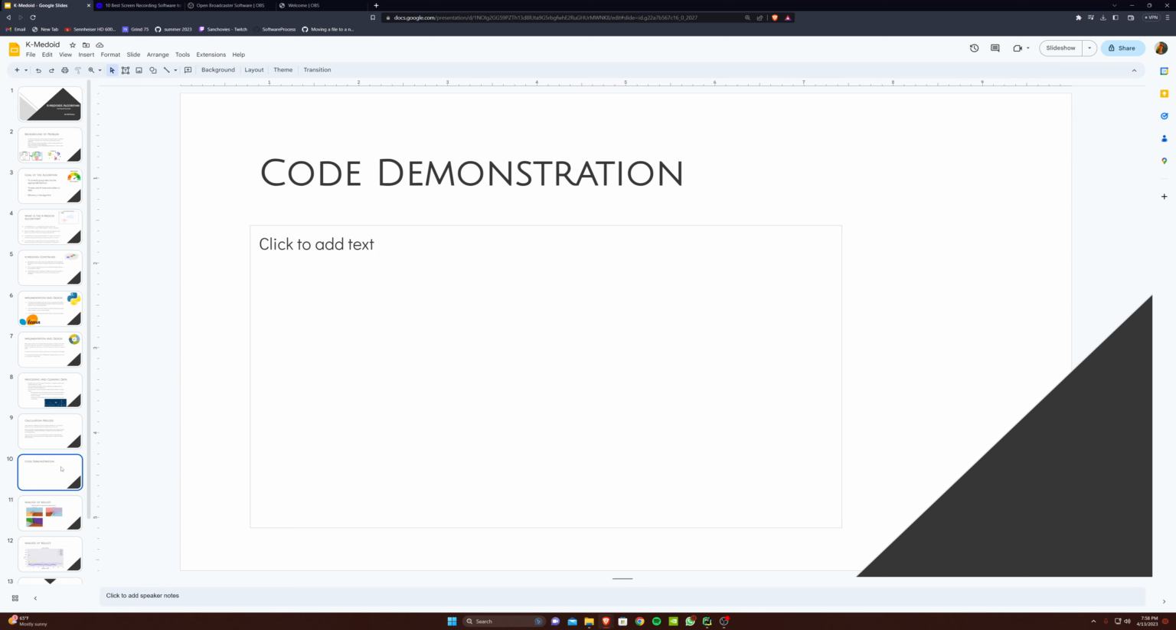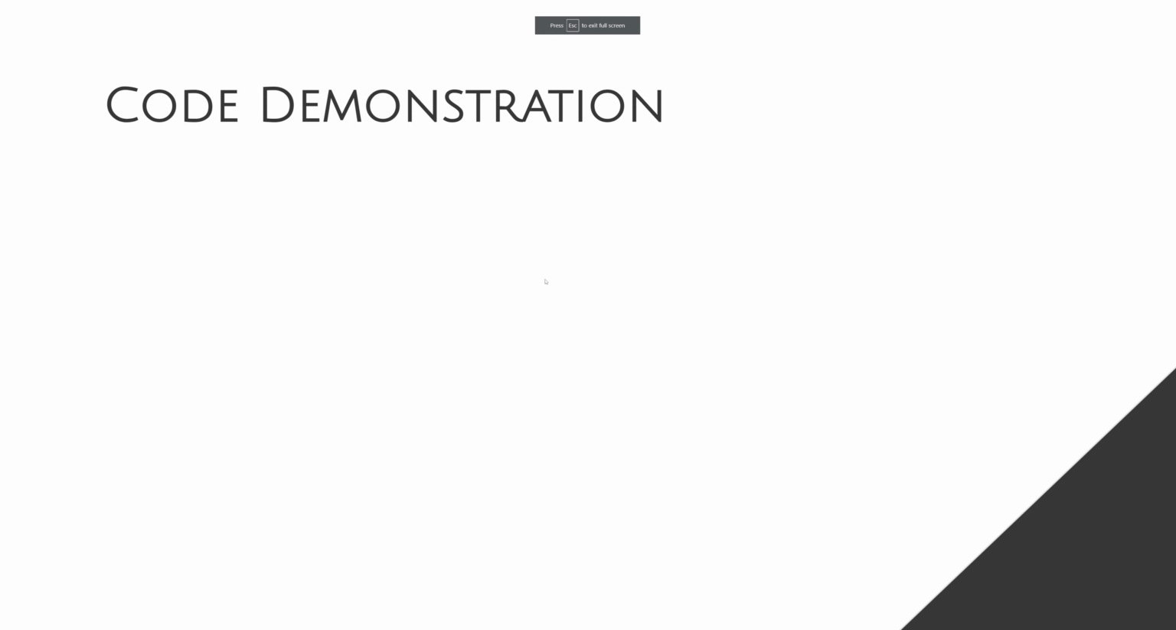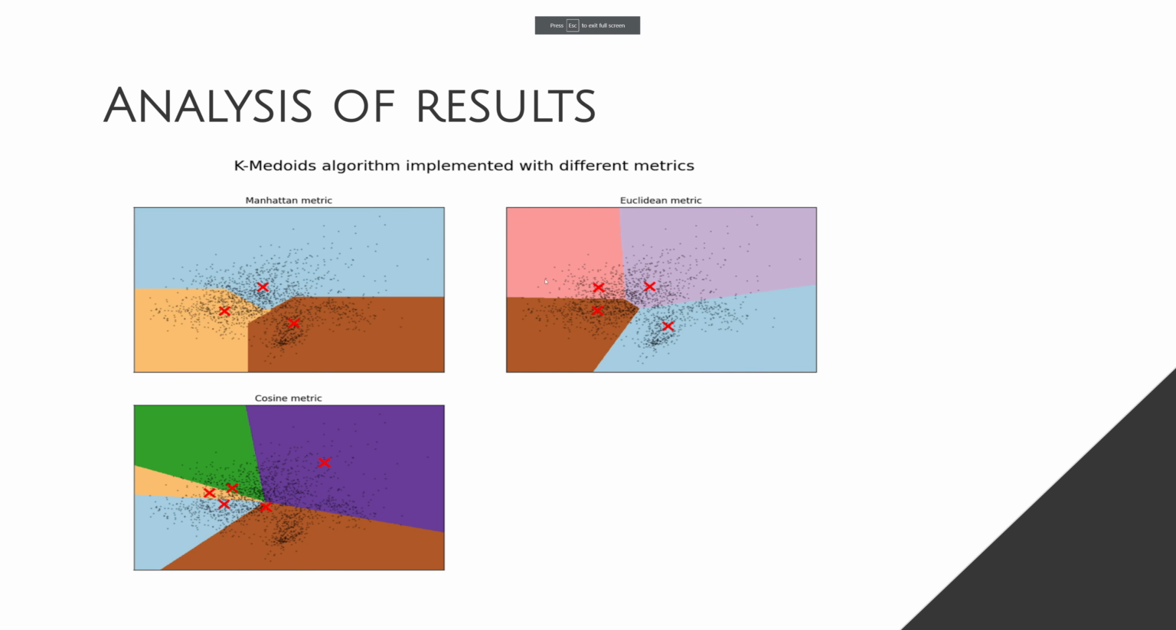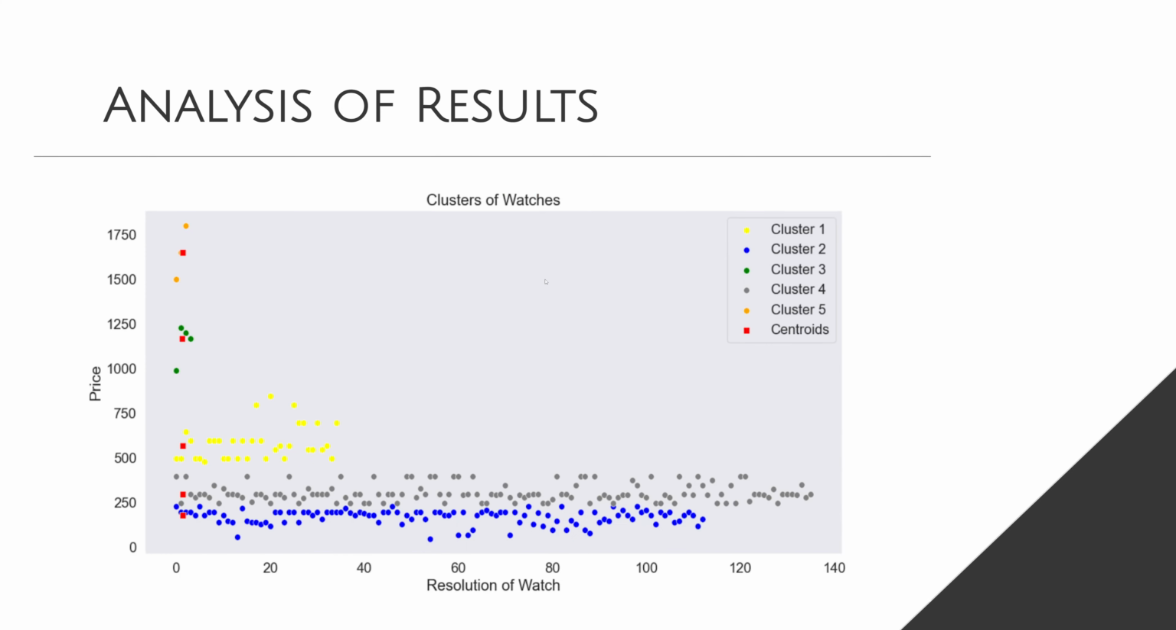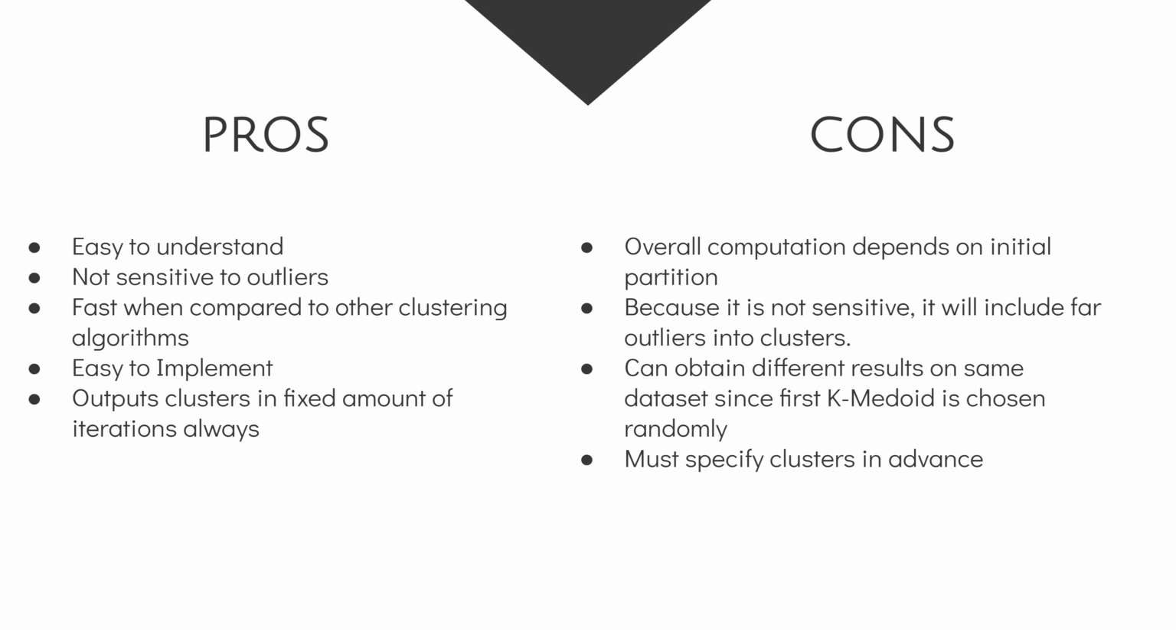Next, after our code demonstration, it's just some analysis. I showed you this, it's just for the presentation. So here are some of the pros and cons of the K-Medoids algorithm. So the pros: it's very easy to understand. It is not sensitive to outliers. The reason why that's